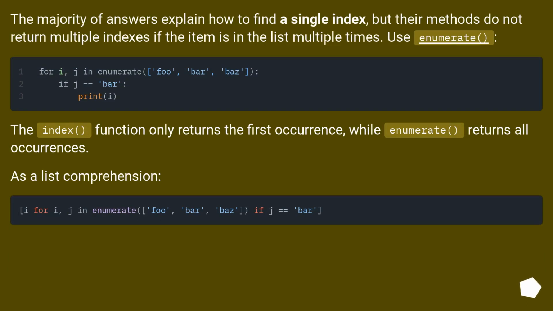The majority of answers explain how to find a single index, but their methods do not return multiple indexes if the item is in the list multiple times. Use enumerate. The index function only returns the first occurrence, while enumerate returns all occurrences. As a list comprehension: